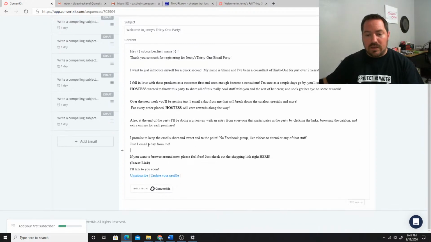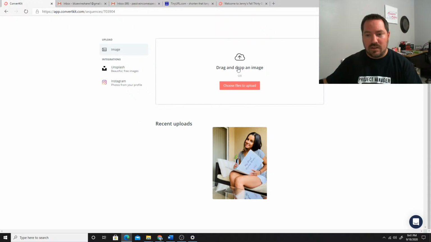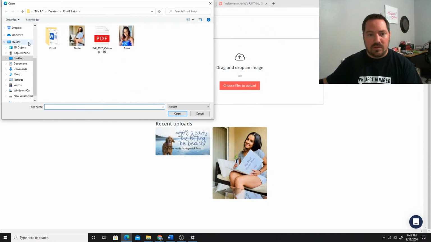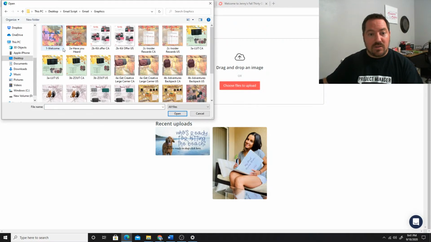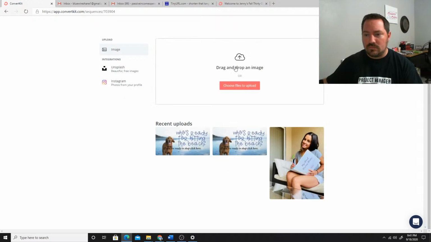Now, if you want to include an image, right, which we have some images built out for this party script, which I recommend putting images kind of in the middle, right? I can go ahead and hit plus, and I can hit an image right here. Choose file to upload. And these are actually all the graphics that we have that come along with the party script. I can hit this welcome image,